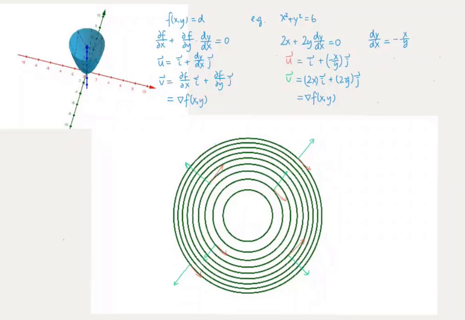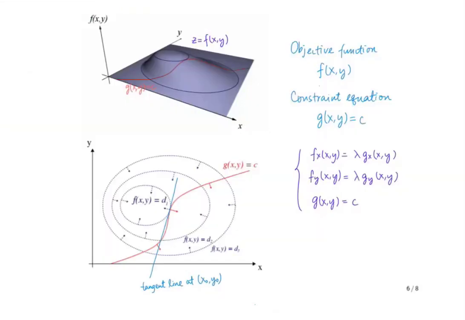The gradient vector of f at a certain point is always orthogonal to the tangent vector of f at that point. The diagram shows the tangent vector of f of x y and the corresponding gradient of f of x y at different locations. At a particular point (x0, y0), when an extremum of f is reached under this constraint g,